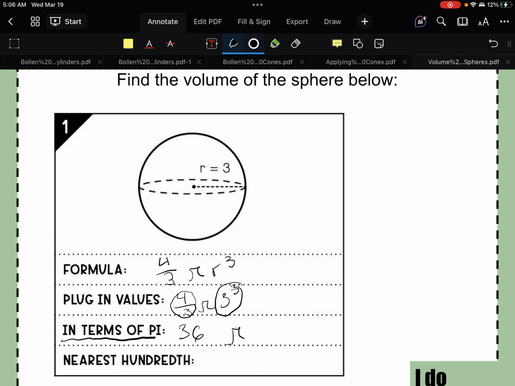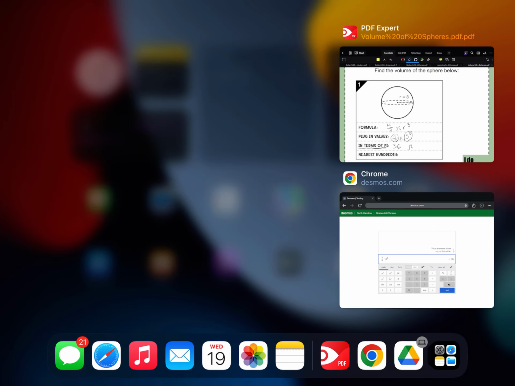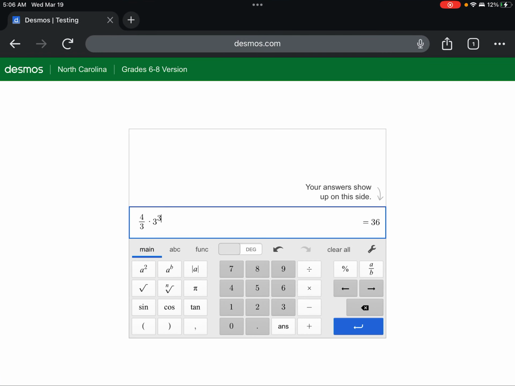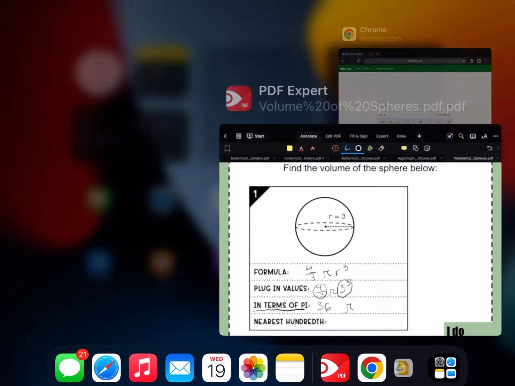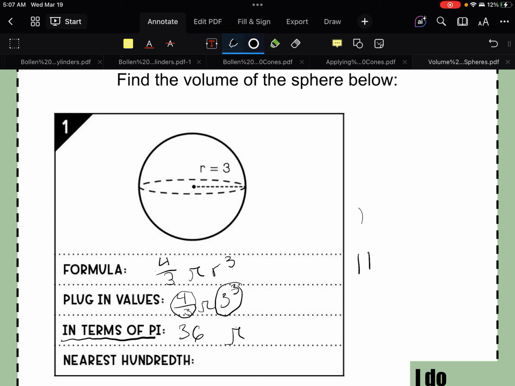And then to the nearest hundredth, we're going to come over here and just do 36 times pi. We're going to use that pi button, and that will get us our most exact answer for pi. In this case, it would be 113.097. So when we go to the nearest hundredth here,